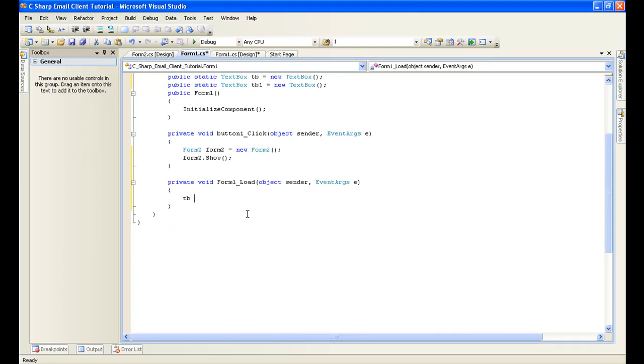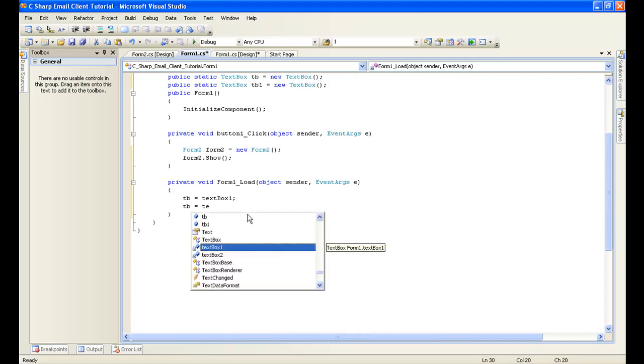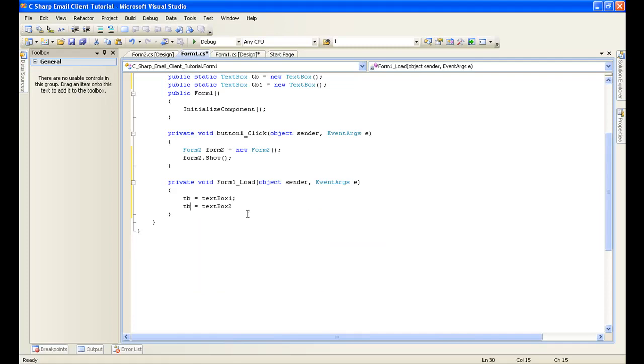You want to do TB = textBox1; and then TB1 = textBox2;